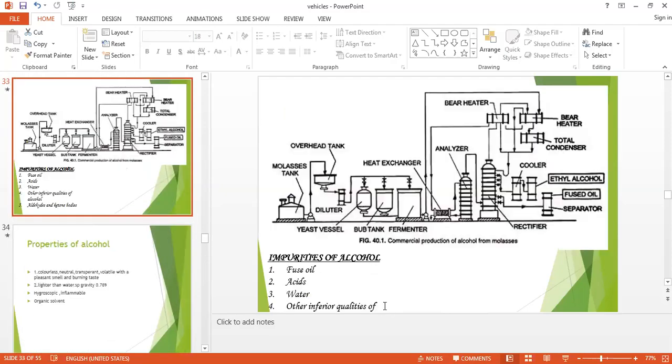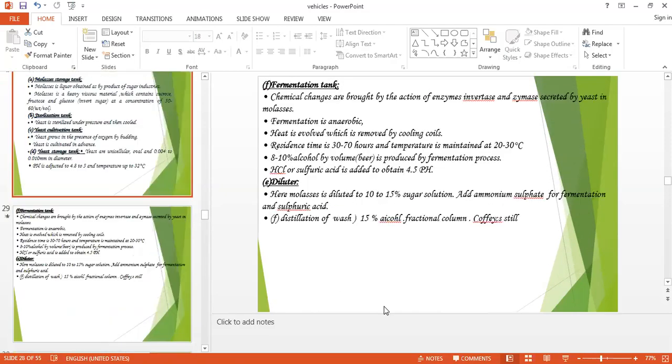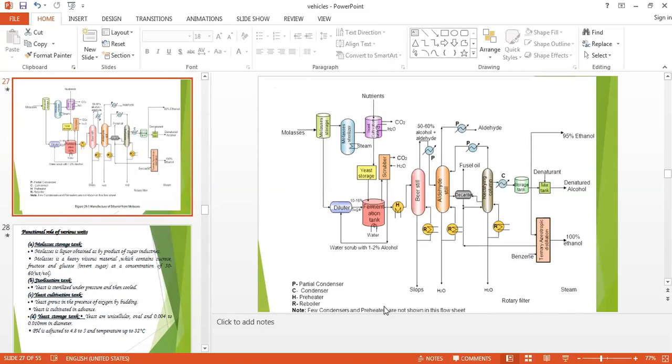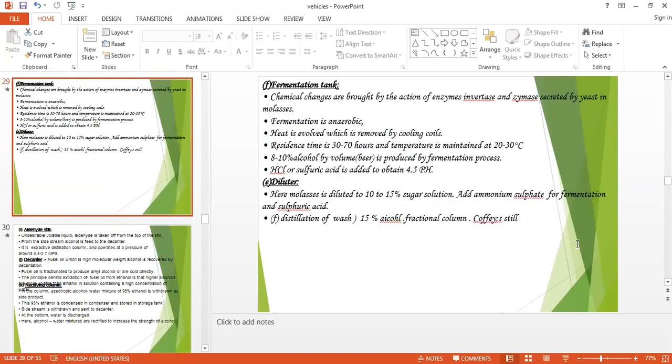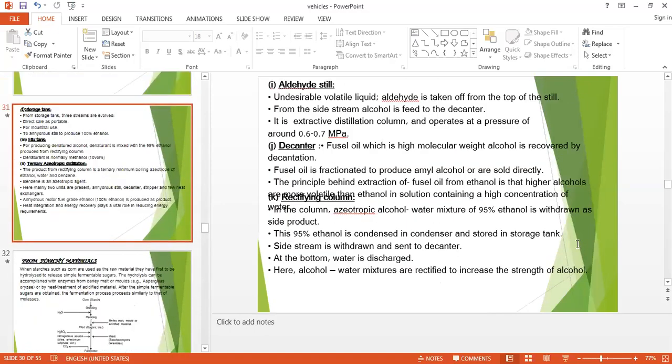So we have seen the preparation of alcohol by two methods. First, by using the molasses with the help of different processes, by dilution, by fermentation, by the steel, by the aldehyde steel. There are different processes, but the main thing is the fermentation, because the product of fermentation is the ethanol. The second process that we have seen is with the help of starchy material.